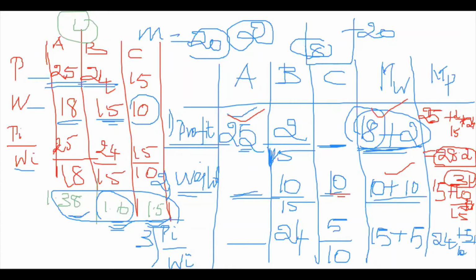5 by 10 into what is the capacity? Profit 15. 5 by 10 into 15. So 2 5s are 10, so you have to divide. What is the answer? The answer will be equal to 31.5.